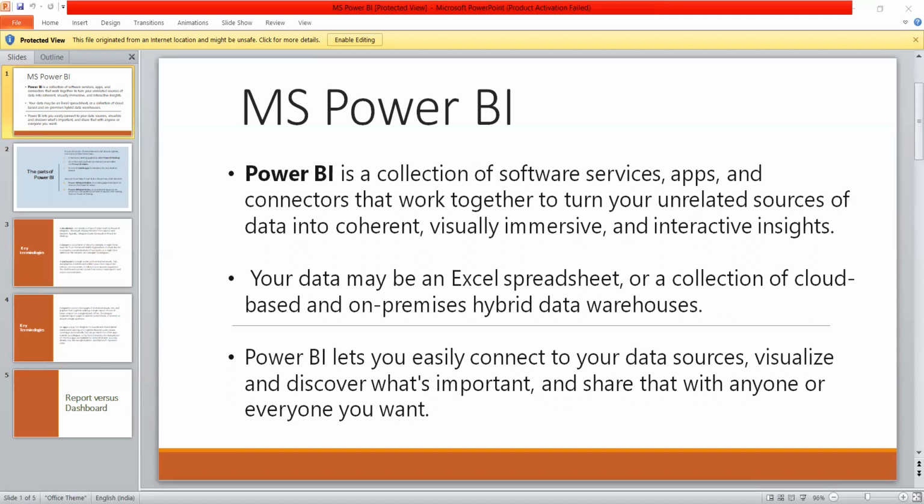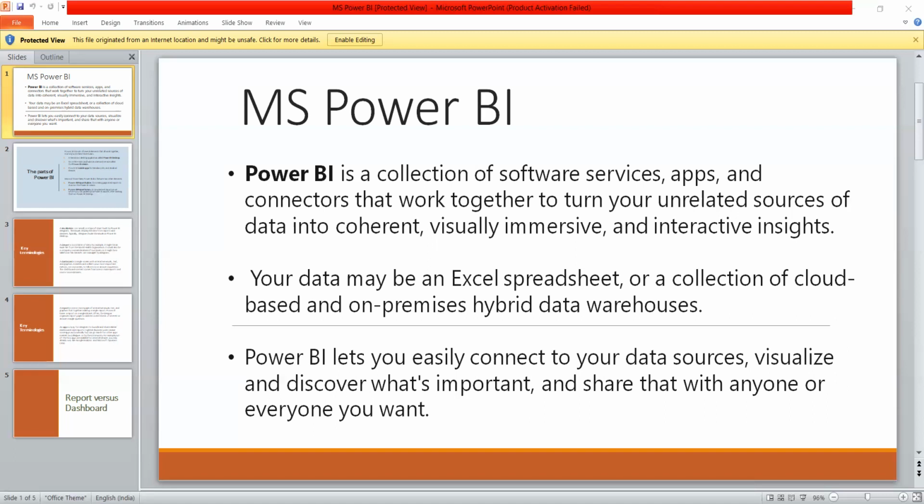And the second part is the Power BI service. Power BI service is an online software as a service tool where we can create apps, we can create dashboards. So a thing I would like to add is we cannot create dashboards in Power BI Desktop. Only the reports can be created in Power BI Desktop.